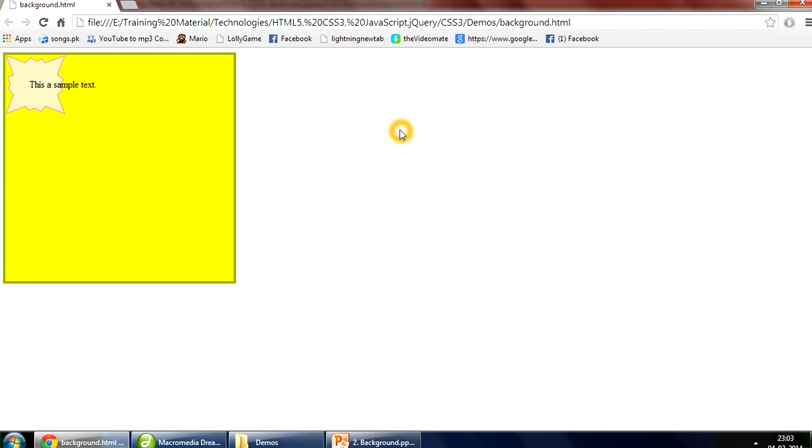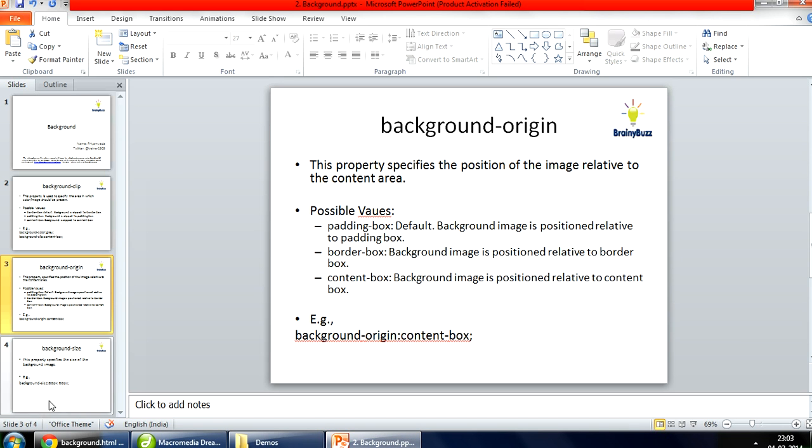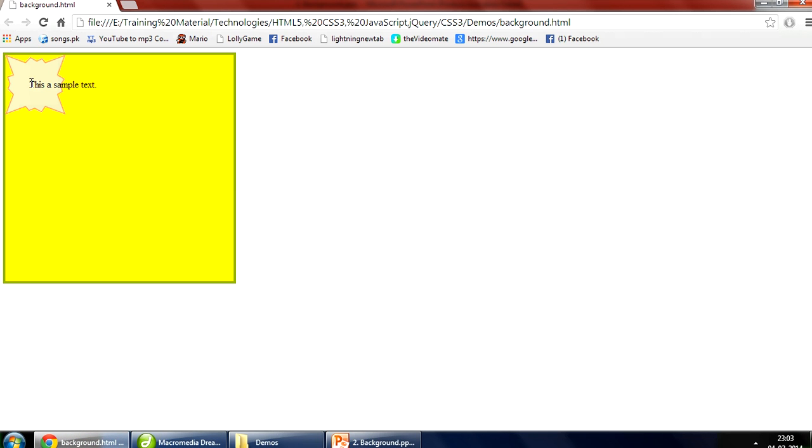So now over here let's look for the background origin. Your content area will start from here. By default it is the border box, or you can also say the padding box over here. So let's move it to content box.